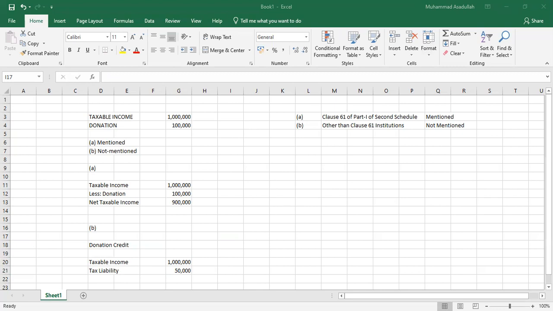The donation credit formula is: tax liability divided by taxable income, and multiply by